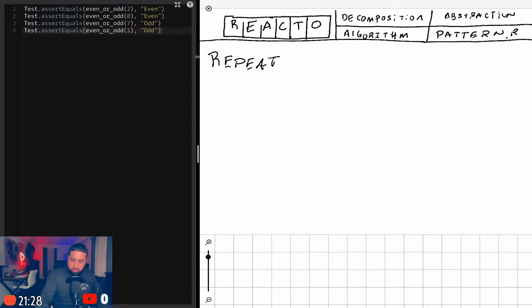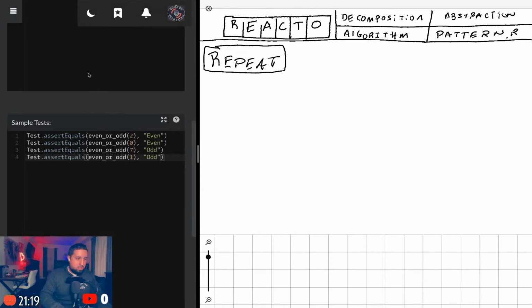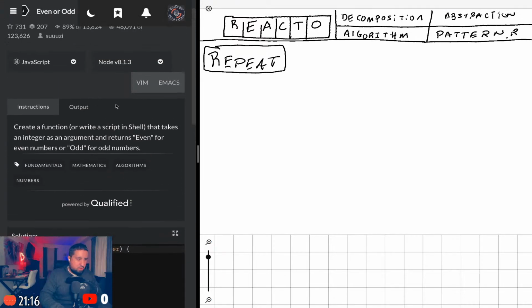All right, so we're at the repeat phase. It's asking us, let me go back to the question here. There you go. Create a function or write a special script that takes an integer as an argument and returns even for even numbers and odd for odd numbers.